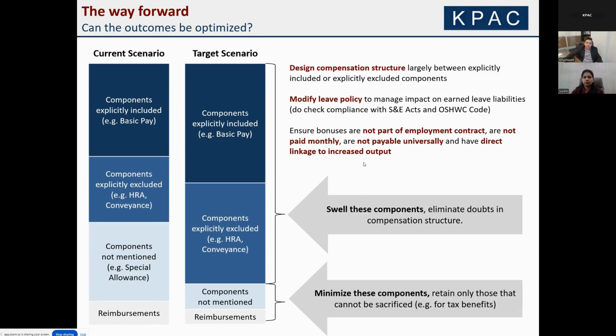Overall, as I mentioned earlier, this is essentially an iterative activity where you consider various compensation structures from the point of view of balancing take-home pay versus increase in ongoing costs versus the one-off hit that comes into your P&L versus the tax benefits. There's no one compensation structure that can solve all the things, and somewhere you will have to consider various options and see what best fits your organization.